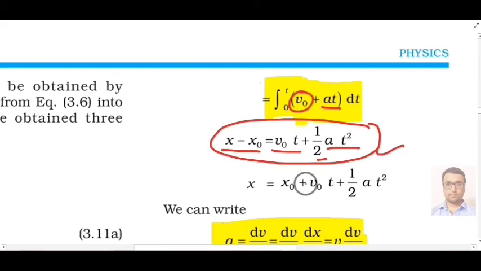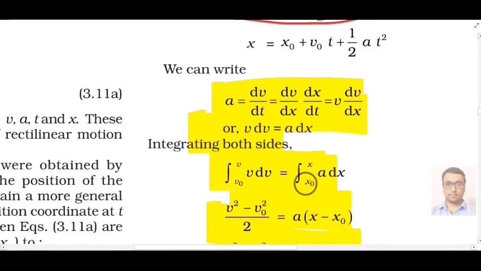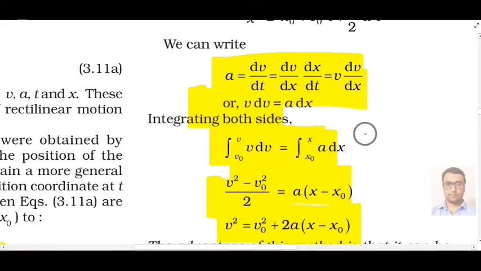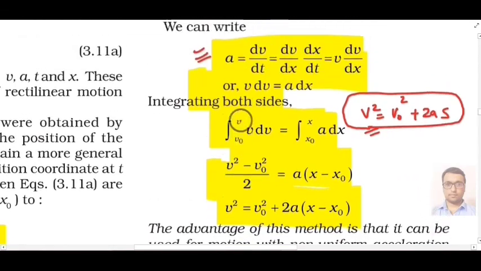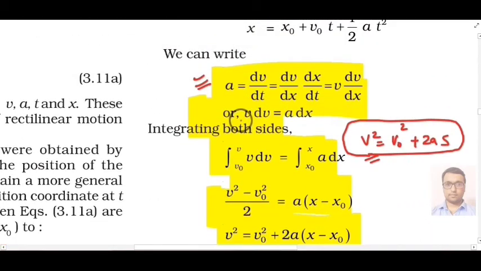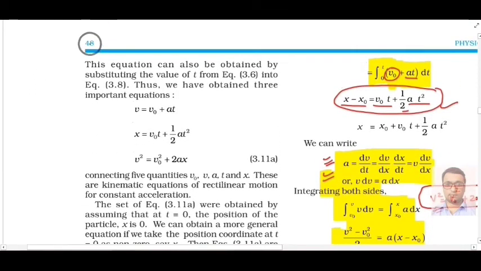Now we will look for the third equation of kinematics, that is v square equal to u square plus 2as, or v0 square plus 2as. We have to prove this equation using calculus, and here they have proved it. You can see in your NCERT book, this yellow part is the proof of the equation of kinematics. I have highlighted this. You can read it from your NCERT book as well. Again I am telling you, kindly note down this page number 48. Here all three proofs are given.